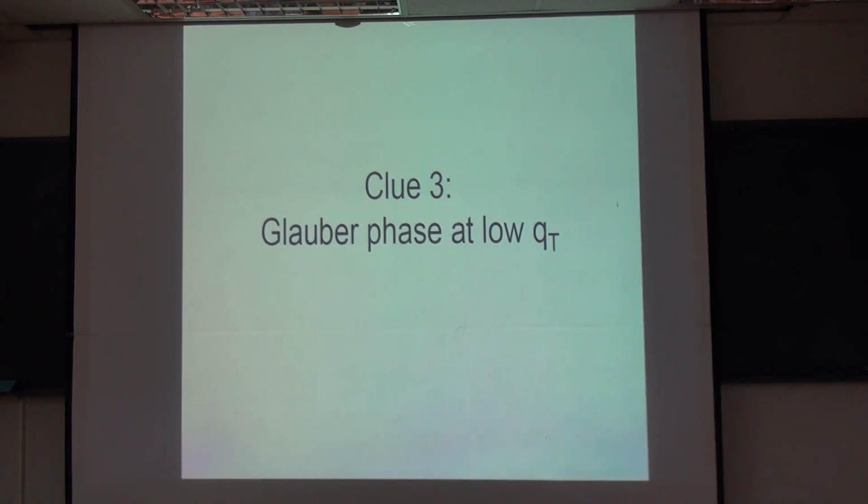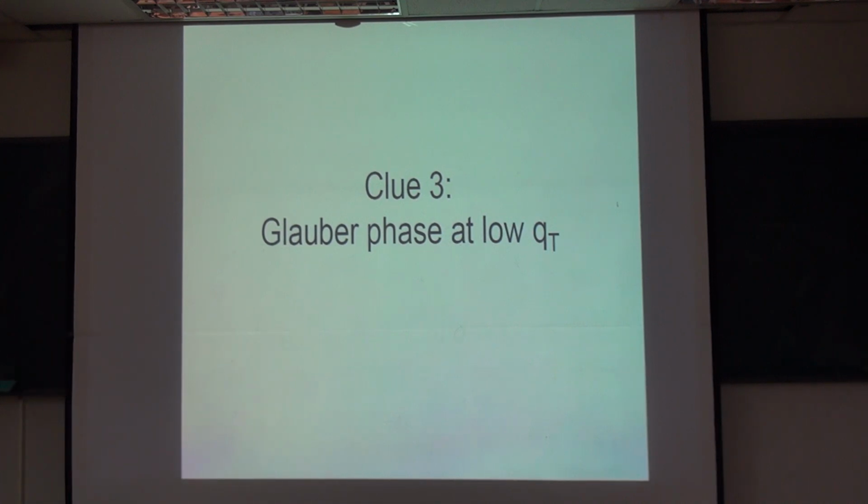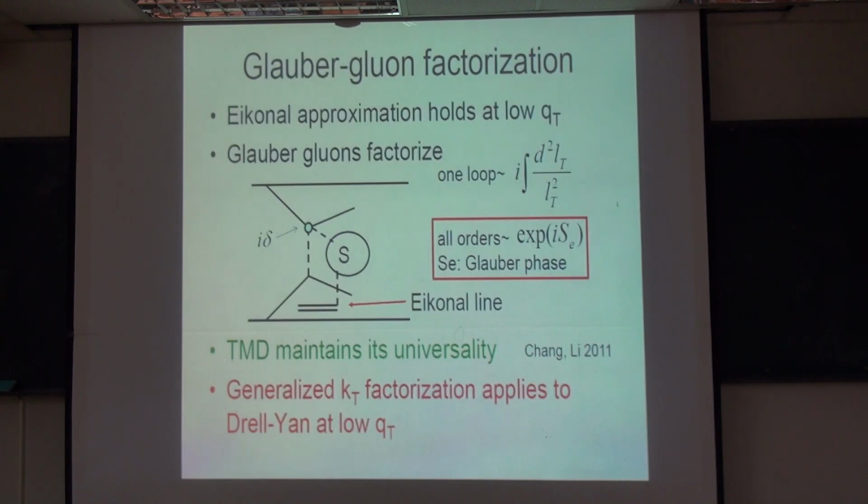Next one, what's the effect of this factorization breaking effect? I'll show you. It will give a strong phase. So the idea is that you just factorize this Glauber gluon. In principle, you can do it especially in the low QT region. But how to do it, how to prove this, is a detail I don't want to show. So I just argue like that. In a low QT region, we can factorize this Glauber gluon into another non-perturbative